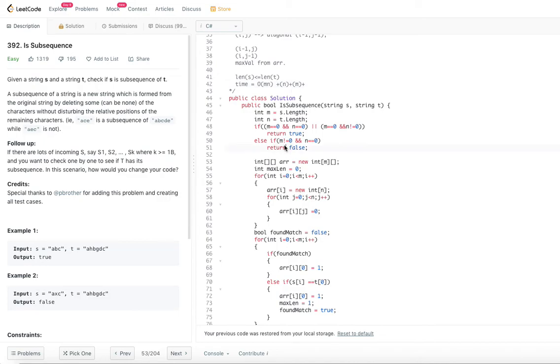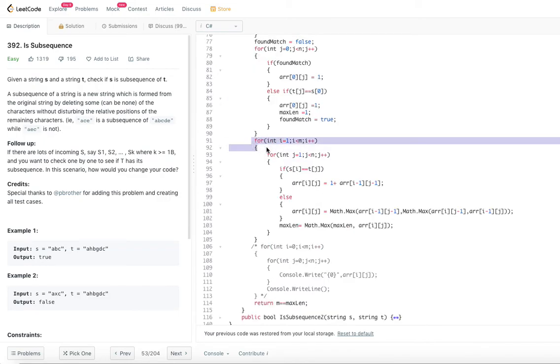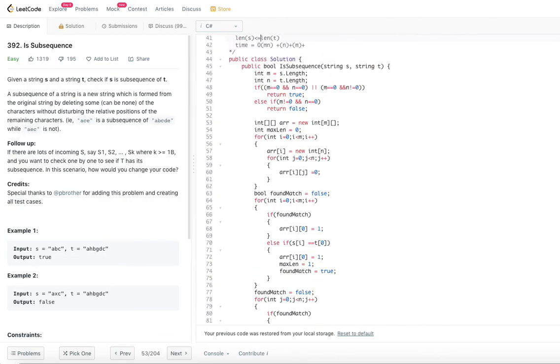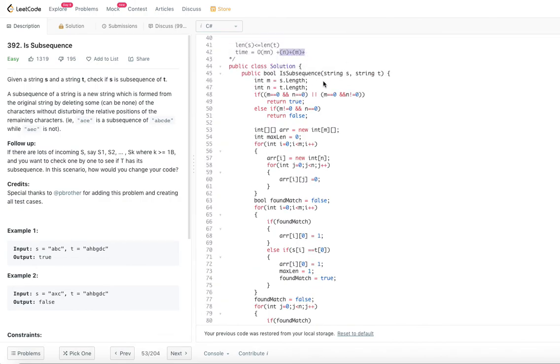Then we start from the second row and second column, so this will take m minus 1 and n minus 1. On the whole, if you add the first row, first column, and the m minus 1 rows and n minus 1 columns, the whole time complexity for all these for loops will be order of mn. So, let me update the whole thing with order of mn. So, this will be order of mn plus order of mn, so order of 2mn. Since in big O notation we take off all the constants, we will say it is order of mn time complexity.